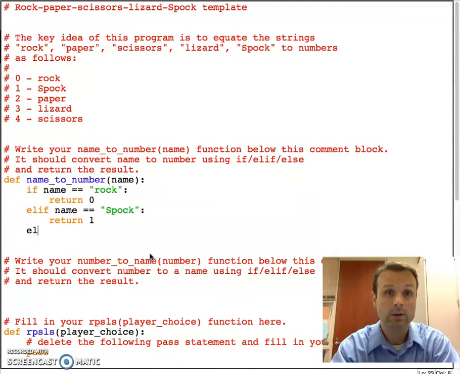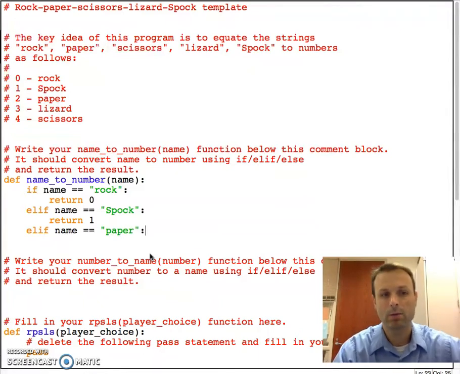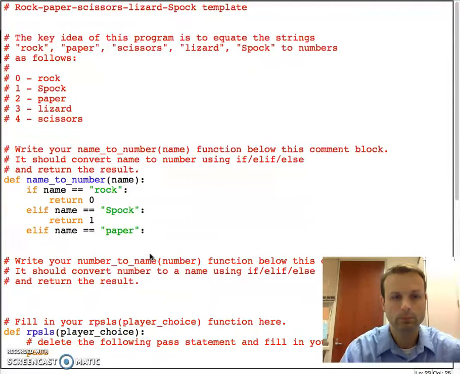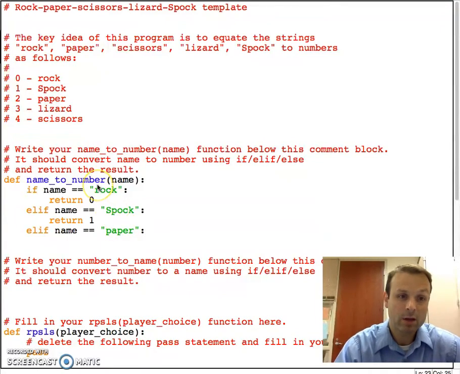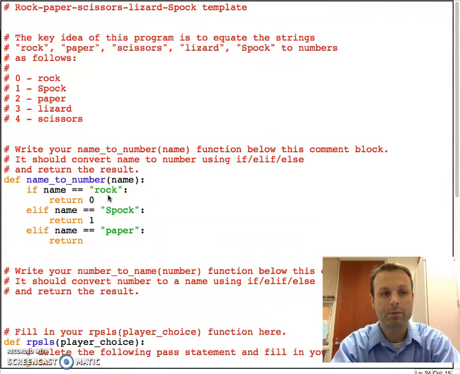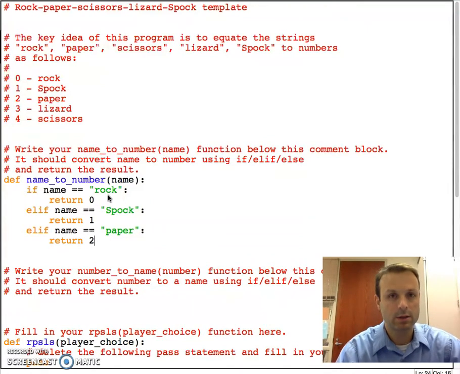What if it's neither of those? Well, then we say elif name is equal to paper. Now, capitalization matters. You might want to pay attention to that as you decide how you name rock and paper. I have Spock capitalized, but I have rock not capitalized. You can capitalize all of them, but just be aware that that matters. Here we would return 2, and so on. So you can complete the rest of that function,